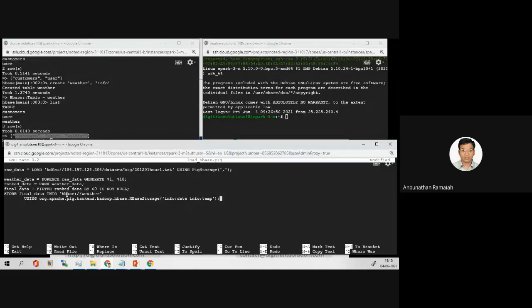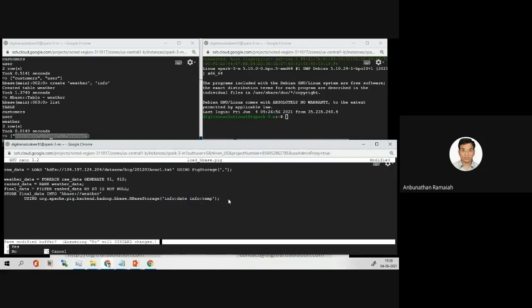Then store the final data into the database we created now, HBase. It's going to write into this database using HBaseStorage with info, date, and temperature. So we need two columns, date and temperature. Let me save this.